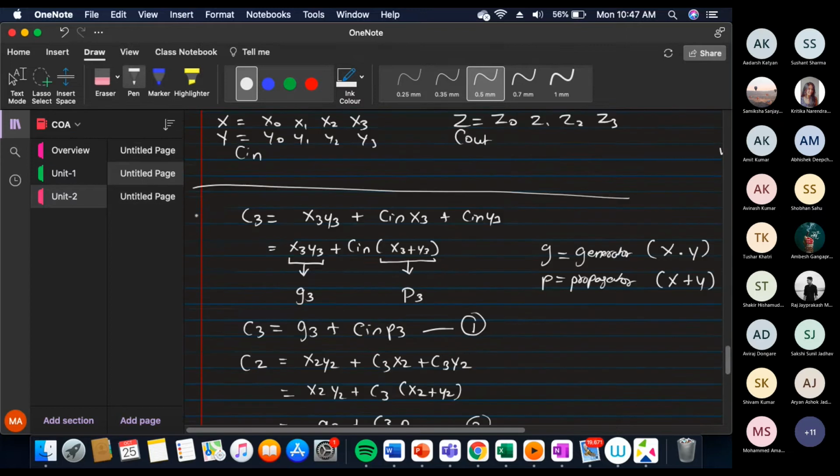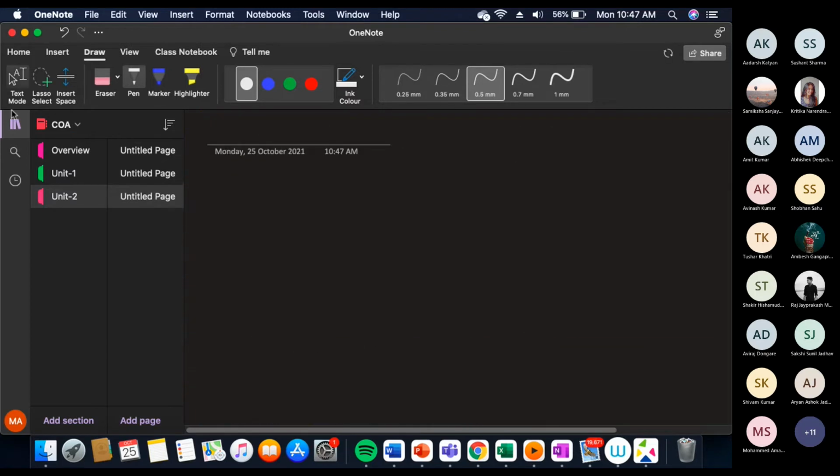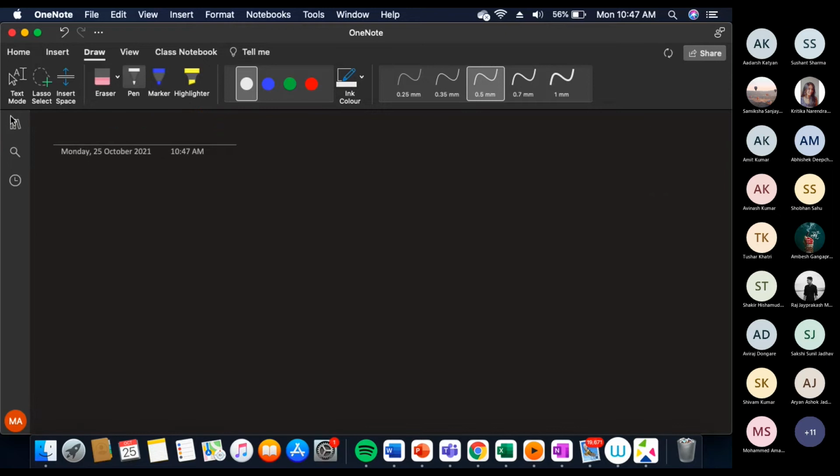So the next topic that we'll be learning. So far we have learned what is addition. The next thing that we are going to learn is subtraction. Any computer you can think of, the addition that happens would be done using the carry look ahead adder. Whether it is the 8086, the 8088, an i3, i5, Ryzen, or Core 2 Duo, any processor, the addition inside will always be done exactly through the carry look ahead adder. Fine.